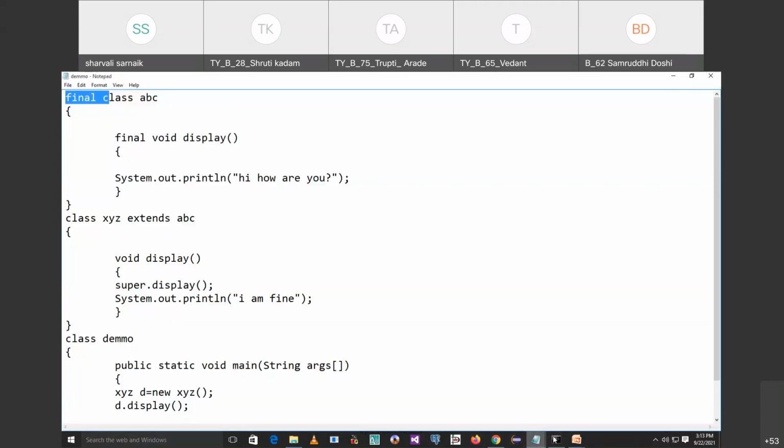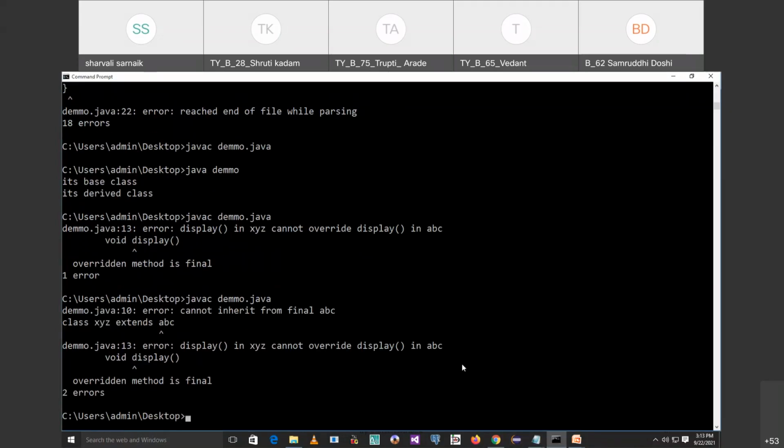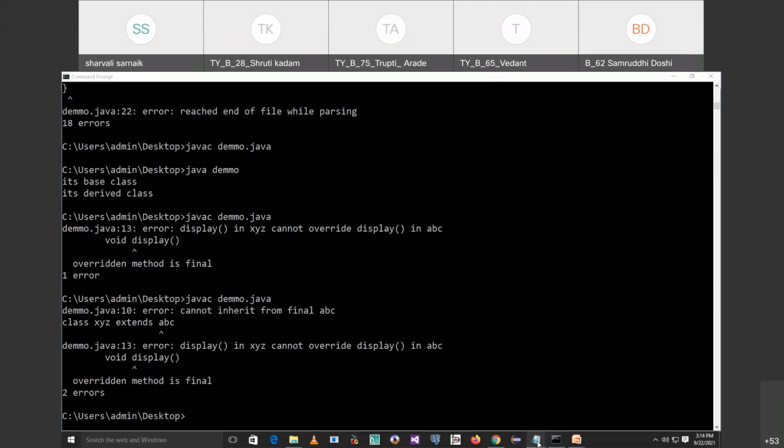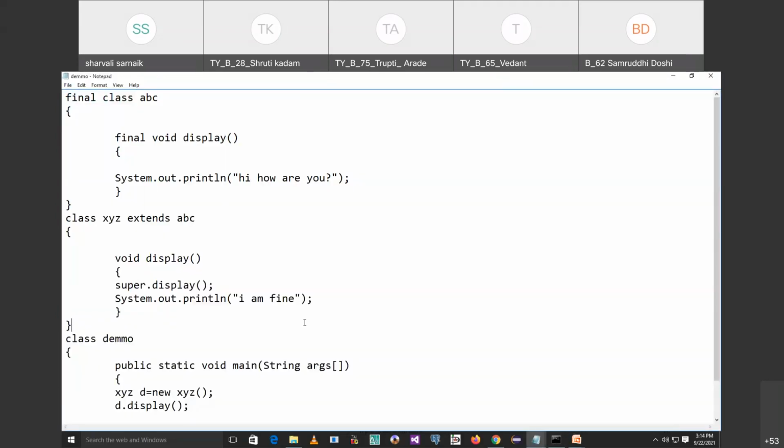See, there is an error: class XYZ extends ABC cannot inherit from final ABC. It is displaying the output as cannot inherit from final ABC because the class is declared as final. So this is the use of final class and final methods.